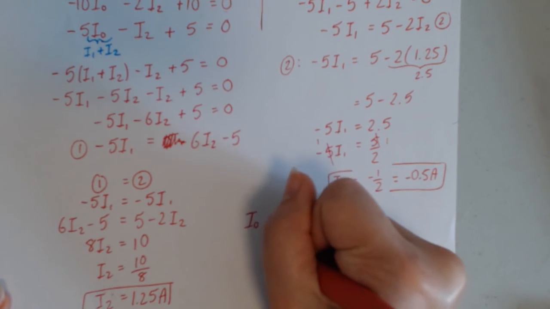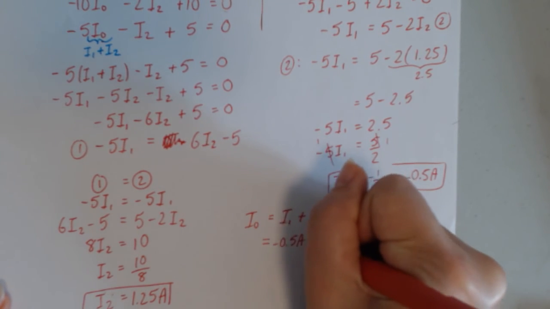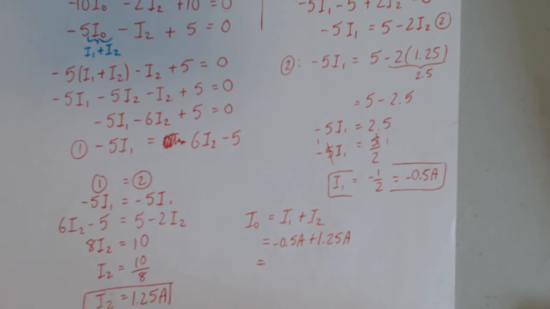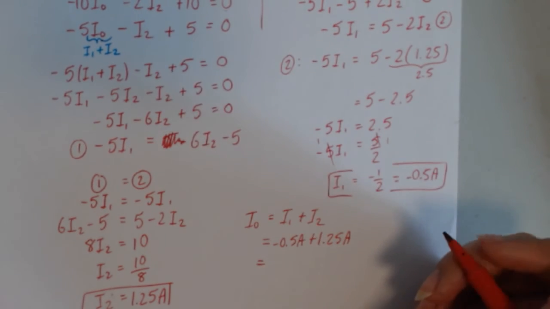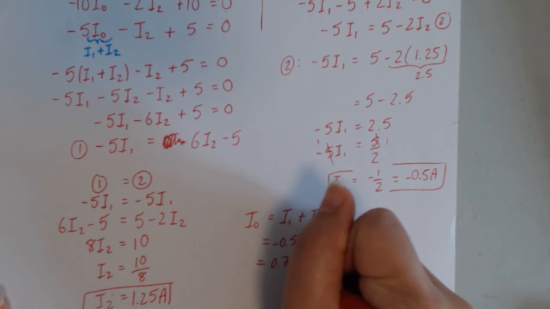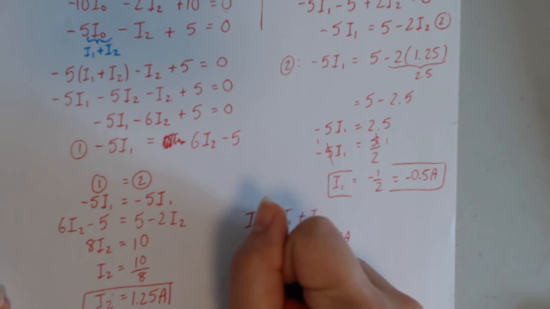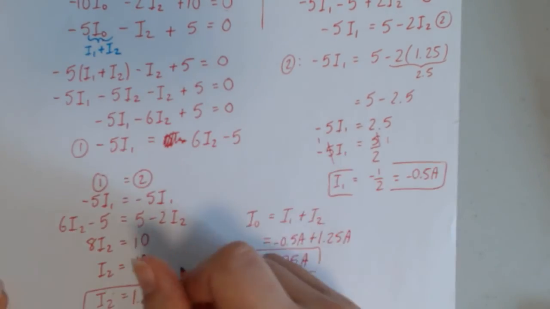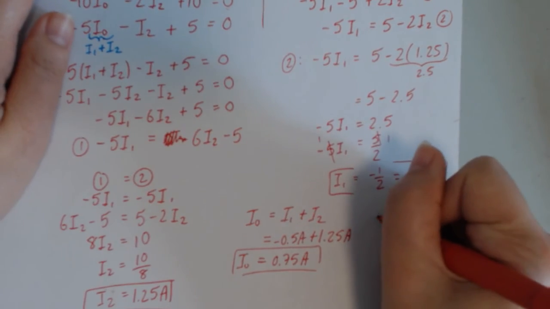So I1 is negative 0.5 amps, I2 is 1.25 amps. Only keep the negative signs for this calculation. So 1.25 minus 0.5, that's 0.75 amperes. So in our final answer, we're going to drop this negative, and of course these are already positive. So we're going to say therefore